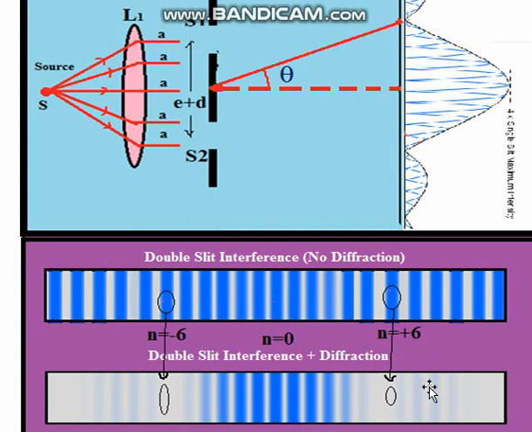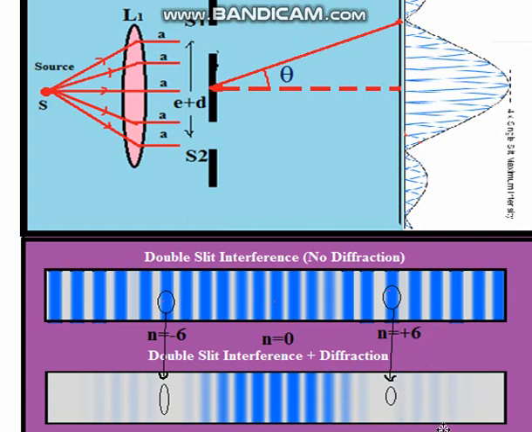Now in another figure below this, we draw the combined effect of interference plus diffraction, that is the double slit interference plus diffraction. Here you can observe that the pattern is very similar, but there are some modifications. The final pattern is just like the interference pattern, but the first modification is about the intensity. The intensity is now different. There is an envelope here, known as the central maxima of the diffraction pattern.